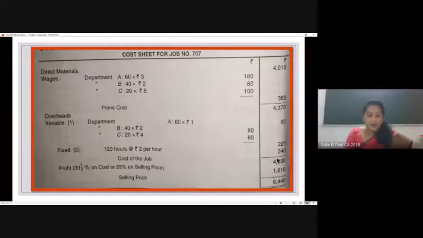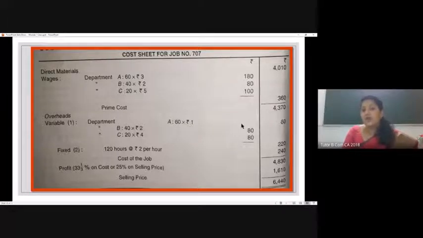Right? Now we have estimated all the costs associated with job number 707 as per the question in our hand. That is, we went with computation of material cost, labor cost, and also direct and indirect overhead expenses. We have the total cost with us, right? So what we need to do is find out the total cost connected with manufacturing with respect to job number 707. Okay, so cost of job is nothing but the total of all of these expenses.